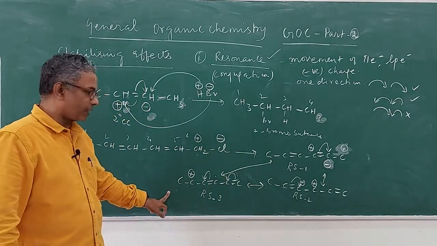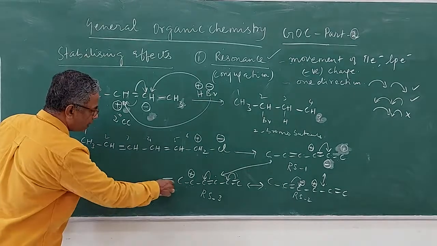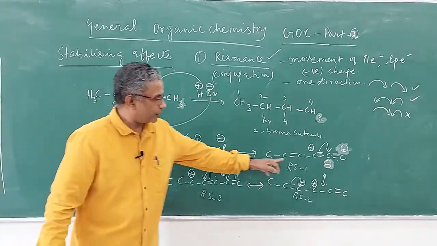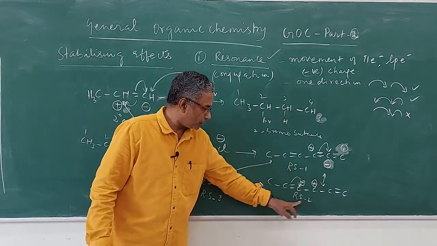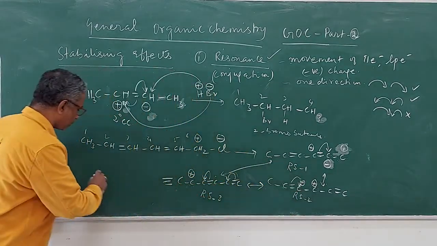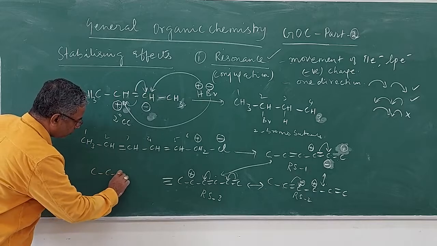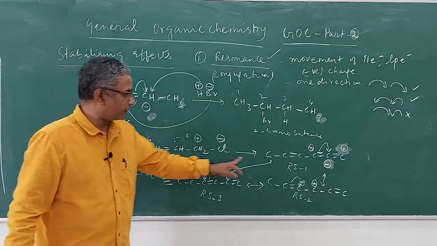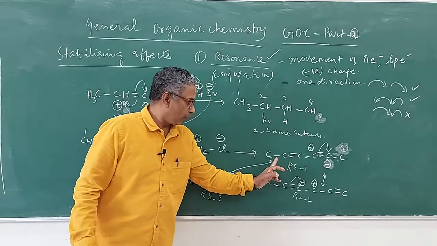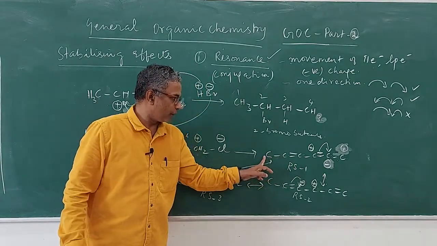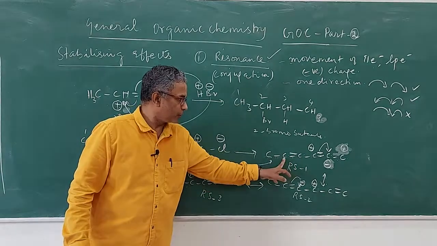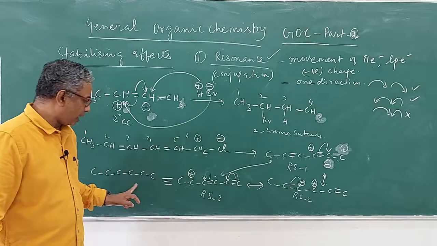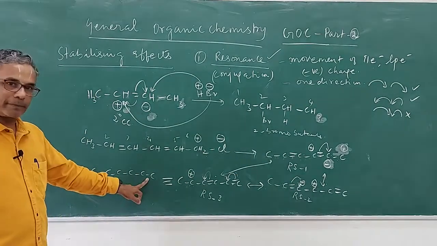Once you have the 3 resonance structures, we will draw what is called the resonance hybrid. The resonance hybrid will have all the features of resonance structure 1, resonance structure 2 and resonance structure 3. So now let's see what those features are. 1, 2, 3, 4, 5, 6. Again I am repeating, you should draw the hydrogens for each carbon atom with 4 bonds. If there is 1 bond you put 3 hydrogens, and if there are 3 bonds you put 1 hydrogen. So for simplicity I am drawing only the carbon skeleton.